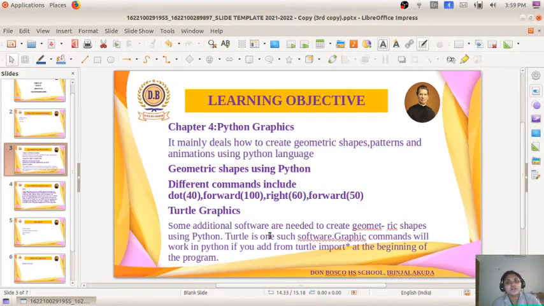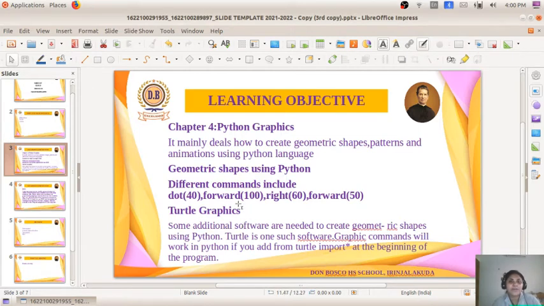So last year, what all did you study using this Python language? You heard about different commands, which include the input command. For what purpose is this input command used? To input text to the computer through the keyboard. And you have also heard about the print command. For what purpose is the print command used? It is used to get the output on the screen. So these are some of the commands which we used last year. And also we studied conditional statements, loops, etc.